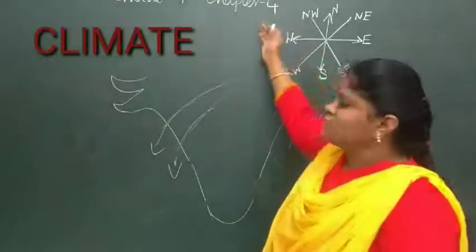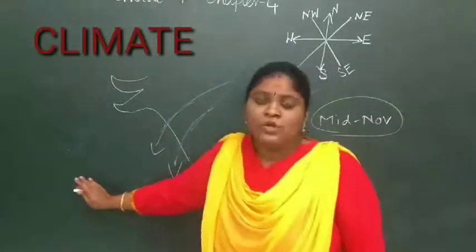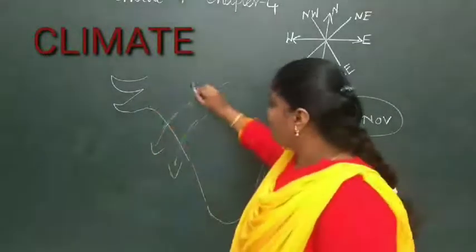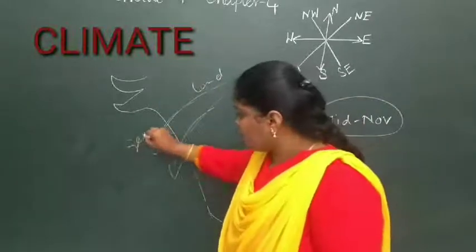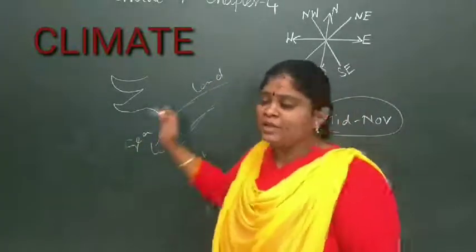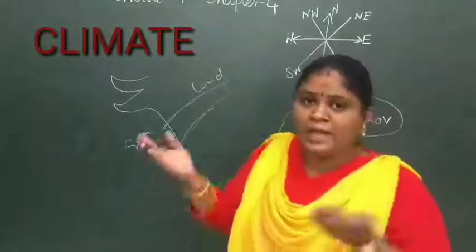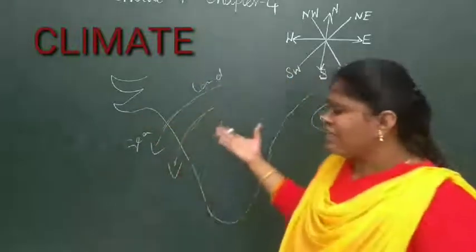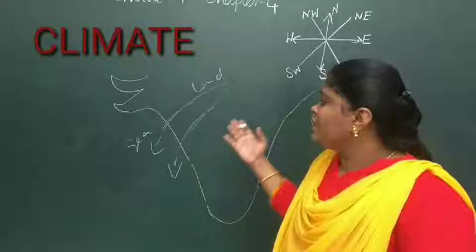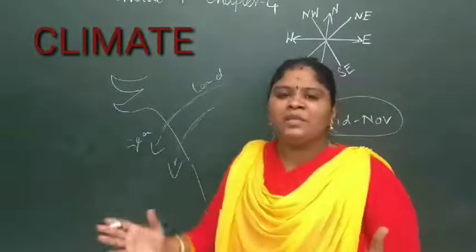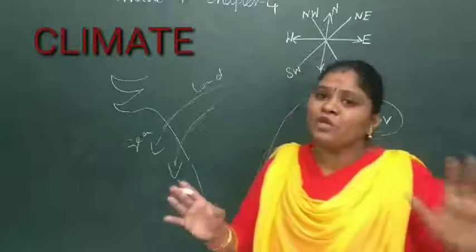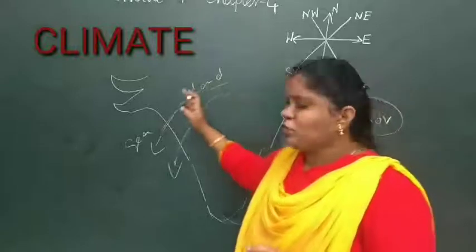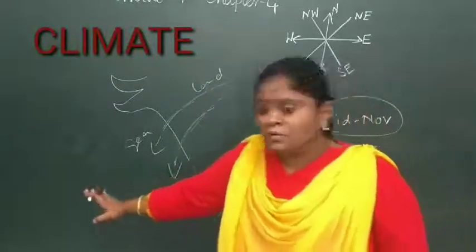So when it's moving from the northern to the western direction, you can find it is actually moving from the land body to the water body. This is land, right? So this is land and it is sea. When it is moving from the land, it will not have a lot of moisture content because the air is traveling from a land area to a sea area. So it will have very little moisture, and the air traveling from here to here will be dry. It will not have any kind of moisture content in it. It will be dusty, stormy, those kinds of air only will be present because it is from the land area to the sea area.